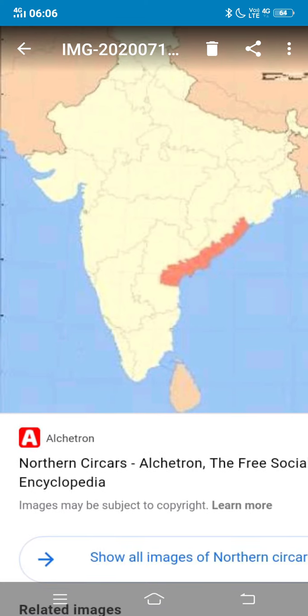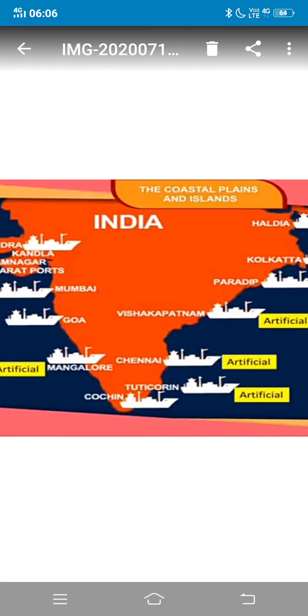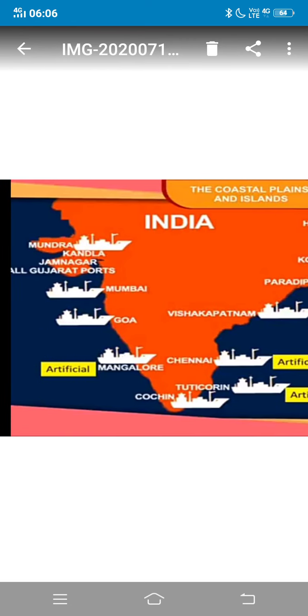See, here are the major seaports of India. I would like to share with you this map where we have marked these seaports. See, children, in the west, starting from our Gujarat, we have a major seaport called Kandla. Then next comes Mumbai in Maharashtra. Then in Goa, we have